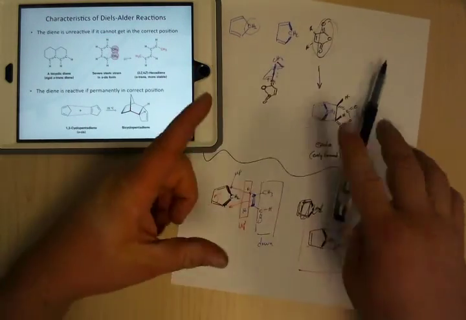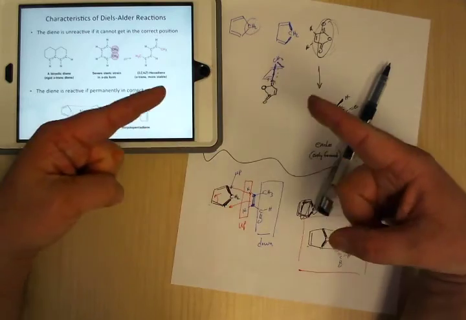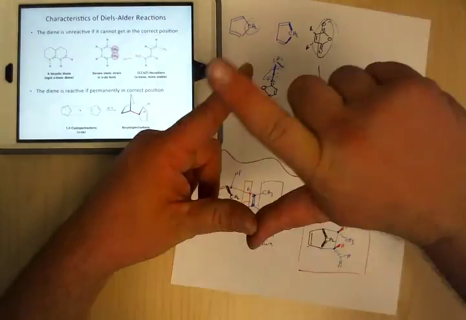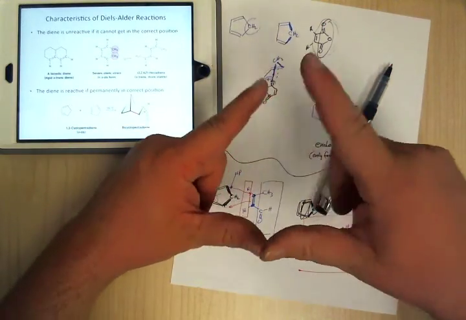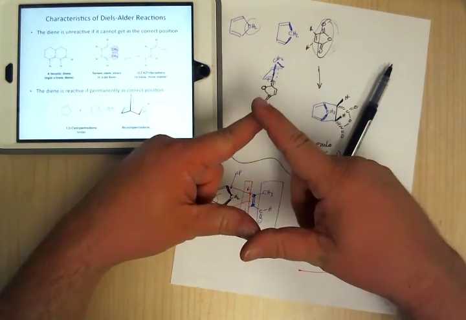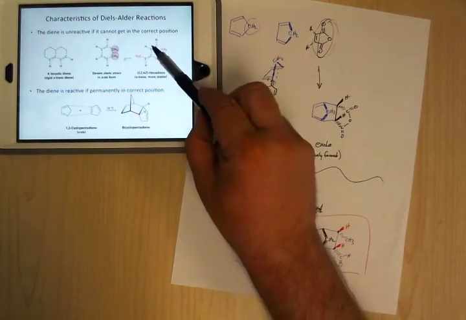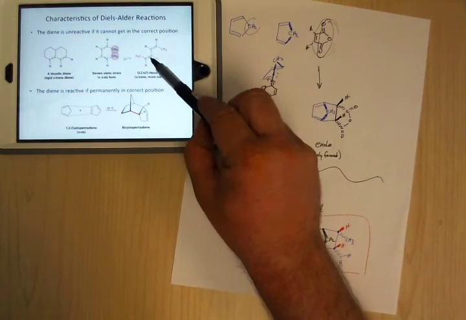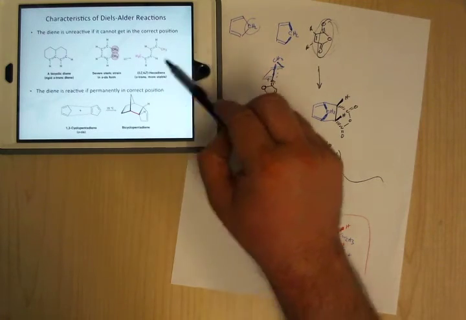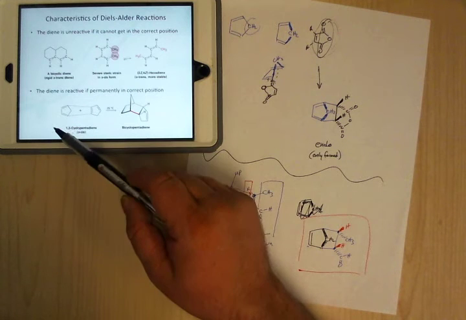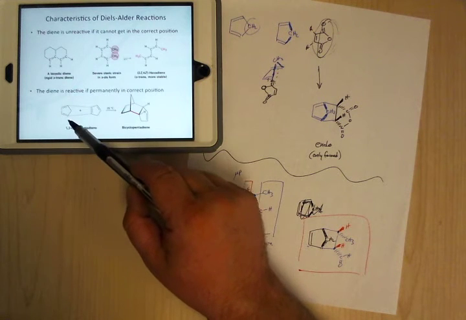Here, you're going to have these two methyl groups pointing at each other, so they're not going to spend much time there, right? It's going to take a lot of oomph to get these two methyl groups together, because they're going to clash, so it's going to spend all of its time in this trans configuration. And so this molecule here is not reactive to this, but if you have something that's locked into the correct